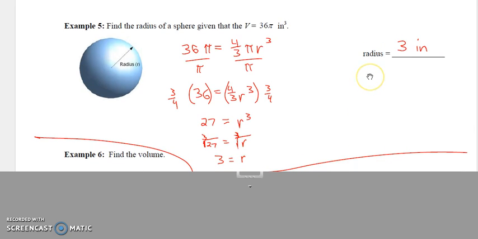And now you could always take this 3, substitute it back into the original, and see if you get that 36 pi per